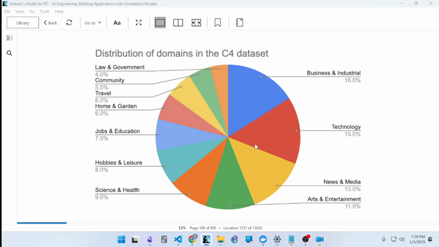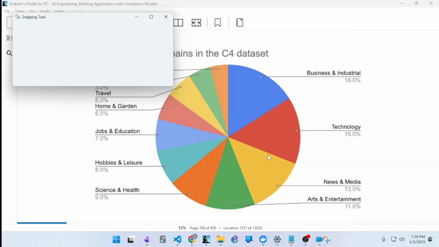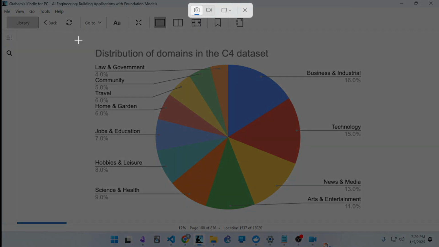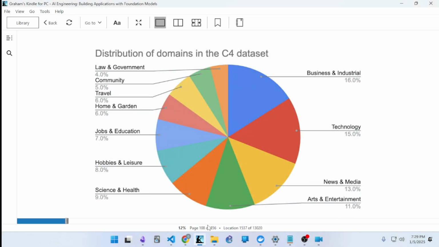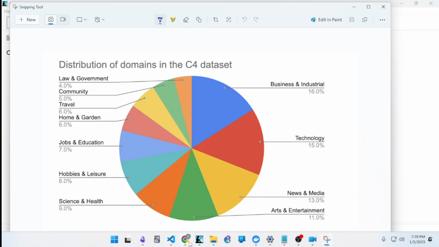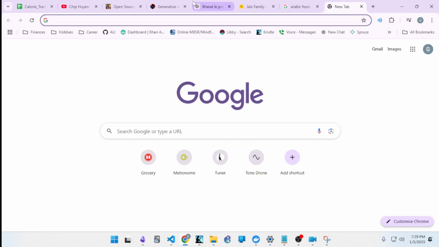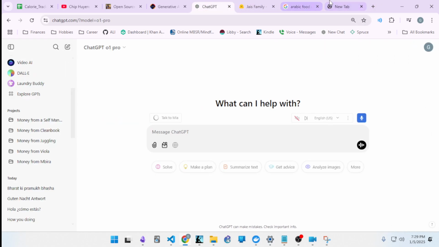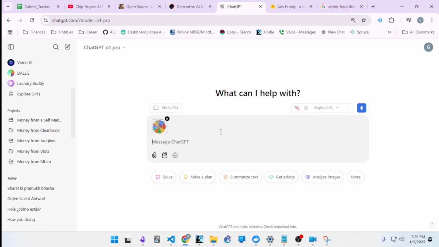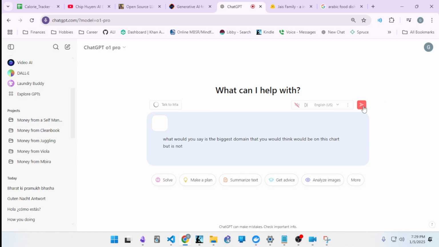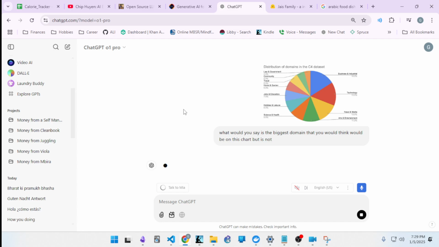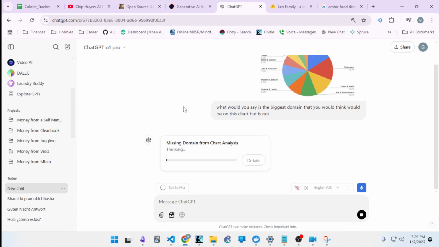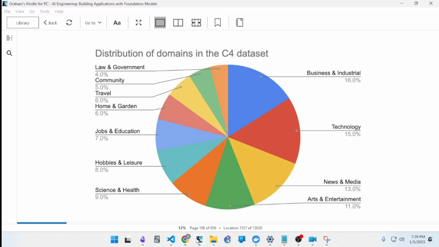So what's a notable one? Let me use ChatGPT for this because I'm just curious. What would you say is the biggest domain that is missing here? What would you say is the biggest domain that you would think would be on this chart but is not? All right, and as that's going, we can